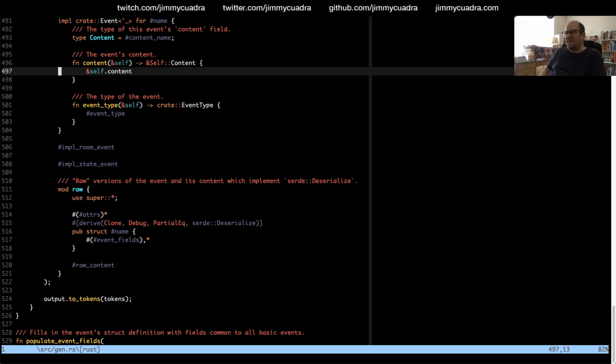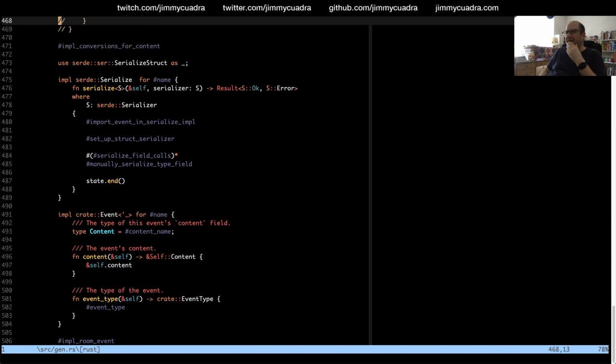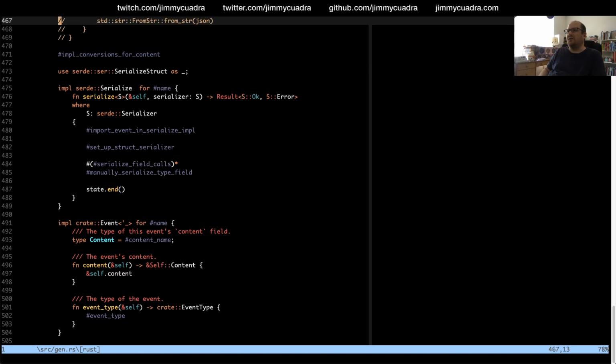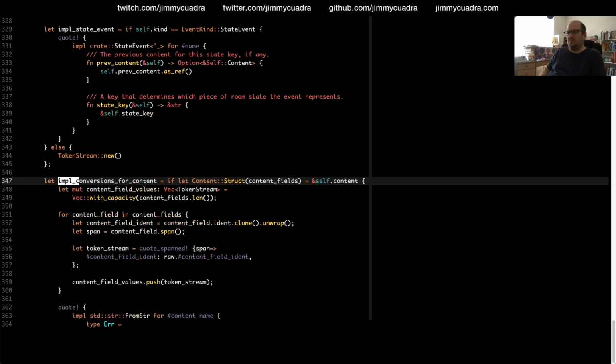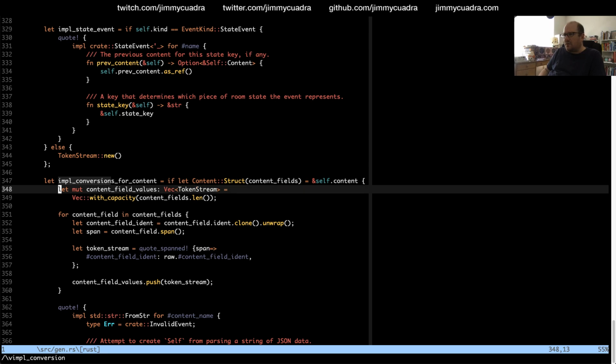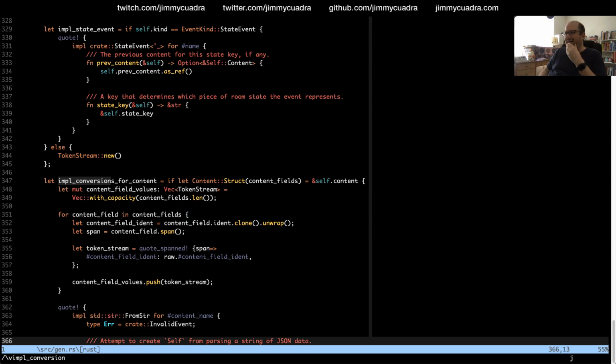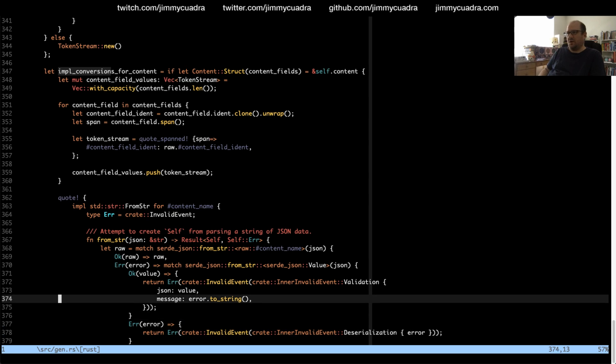It seems like it's not actually in here. So in the old version, even before the changes I'm making today... Oh no, here, impl conversions for content. Where is that? Impl conversions for content. Oh yeah, right here. So this is where I want to put it.